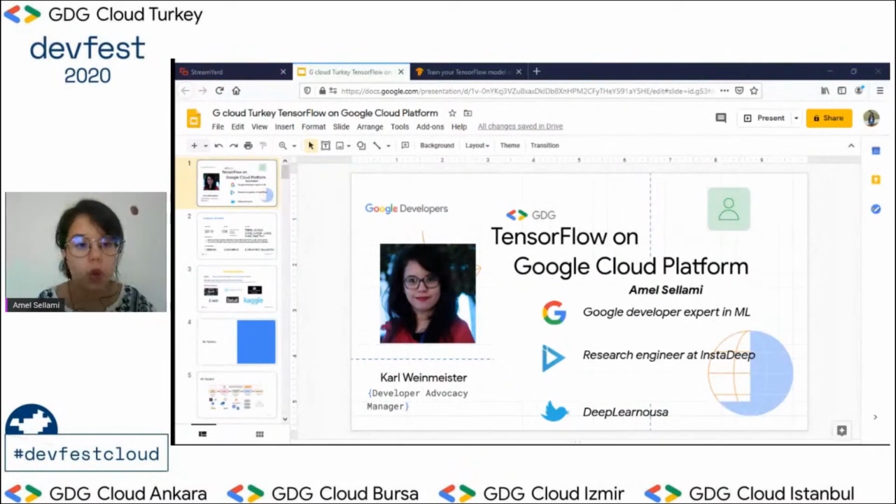Why do we want to use Google Cloud Platform for machine learning? We can use it locally, right? If you have small data, what we call pet projects or toy projects, you can use just one or two GPUs on your local machine. But that's not the case when we want to build something for production and give customers and clients insights from the data that you can get out there.